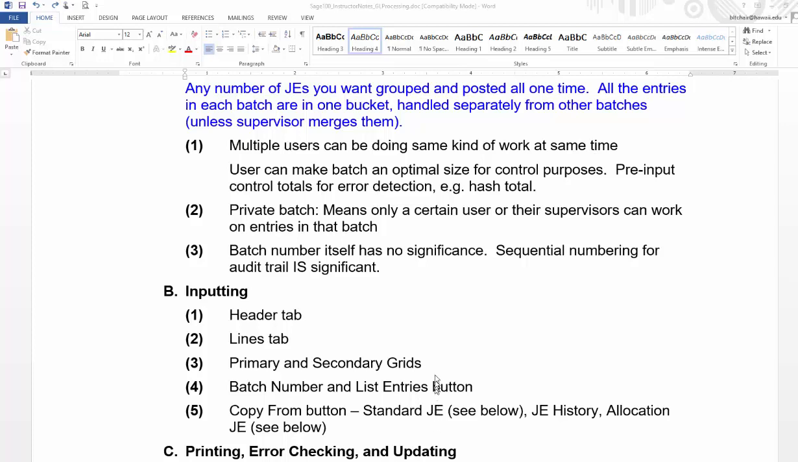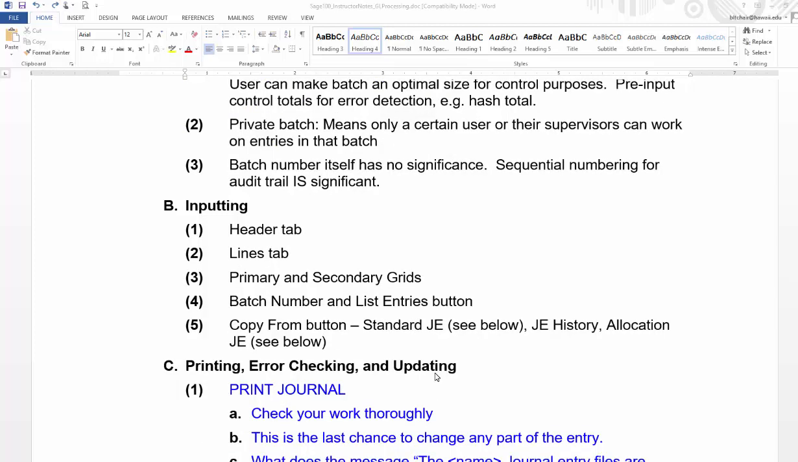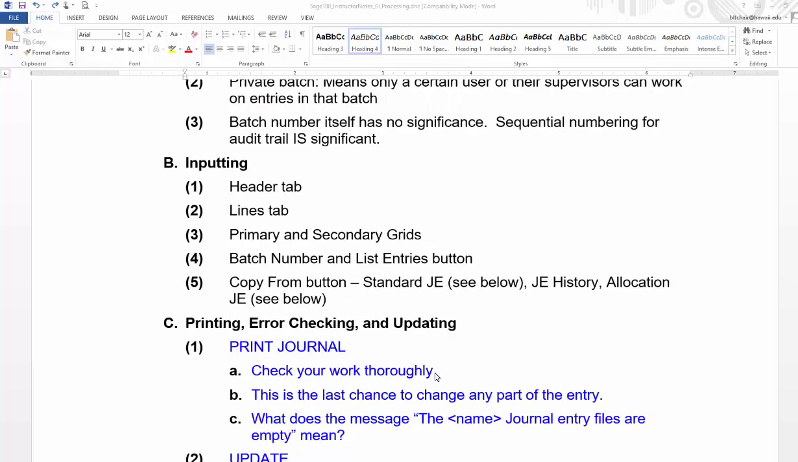So the basic idea, or the basic routine, is you do your input, then you print, you check your errors, and then you update. So you have to print the journal. That's your chance to check your work thoroughly and change anything you may need to change. And if you go there to print a journal and you see the message